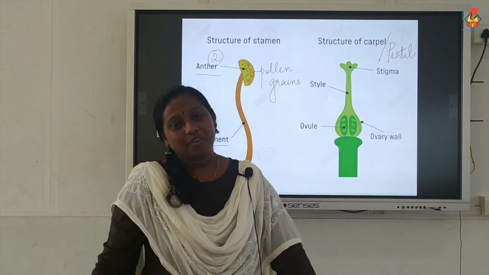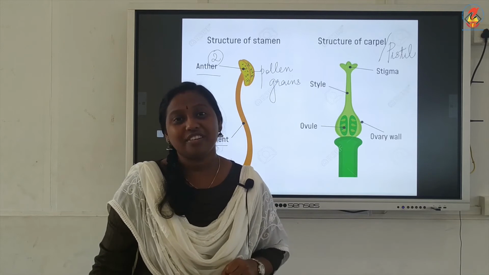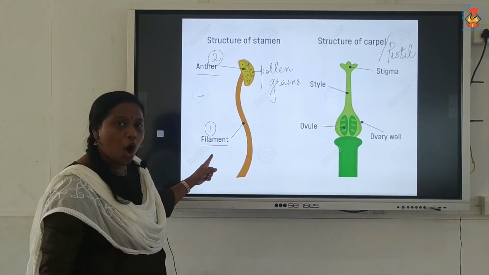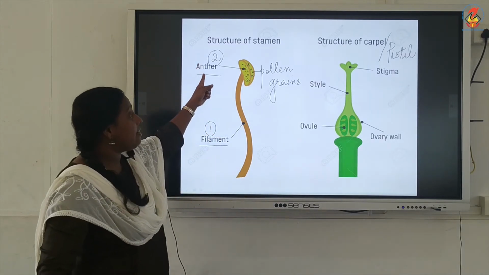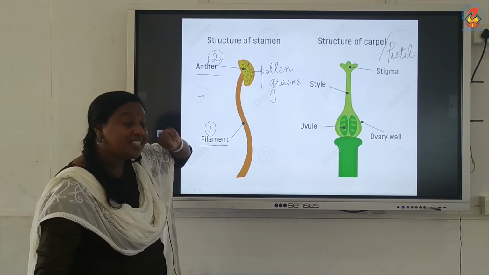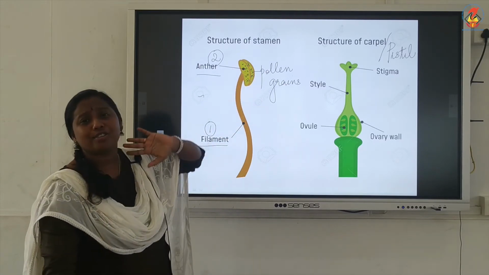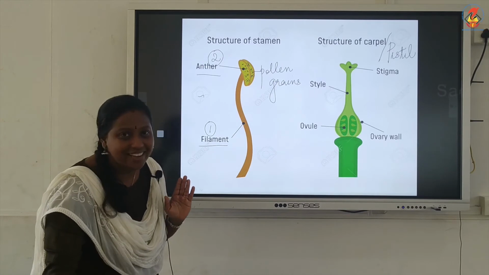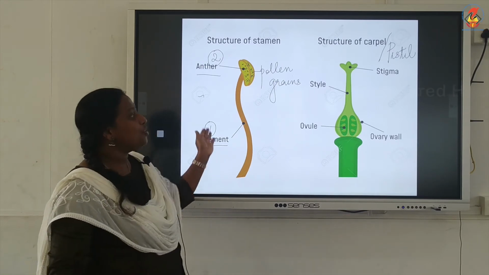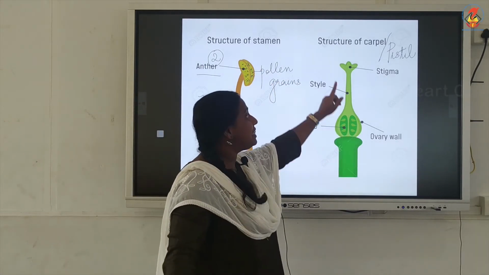Okay, so these are the different parts of a stamen. A stamen has a long filament and an anther at the tip. Inside the anther there will be lots of pollen grains. Is that clear, children? Now we are going to study the next part of a flower, that is the